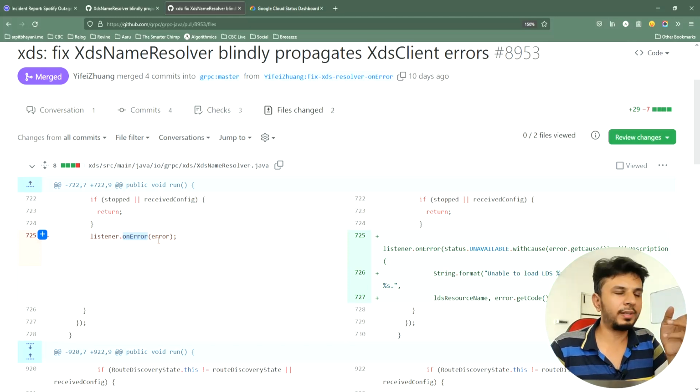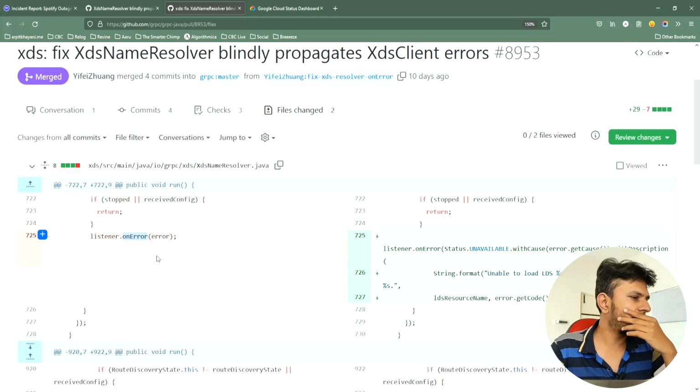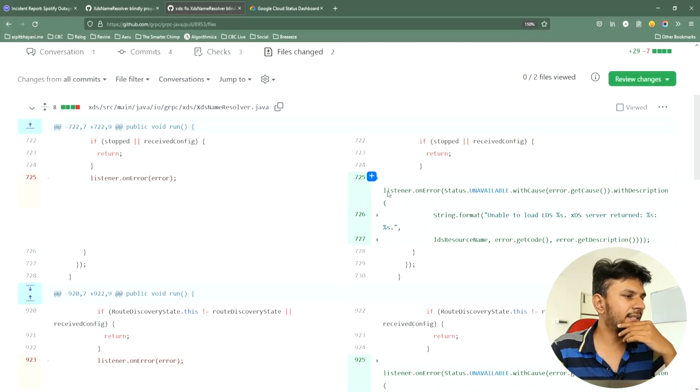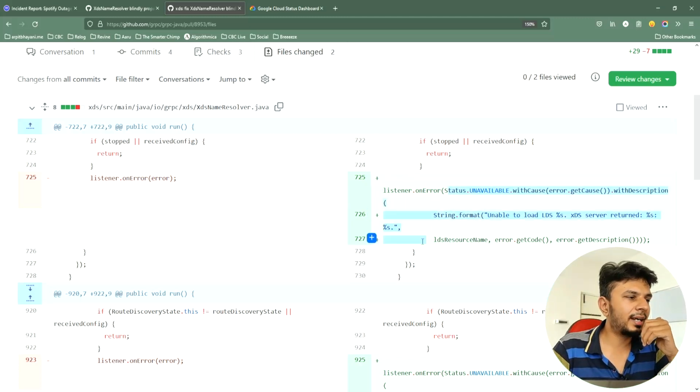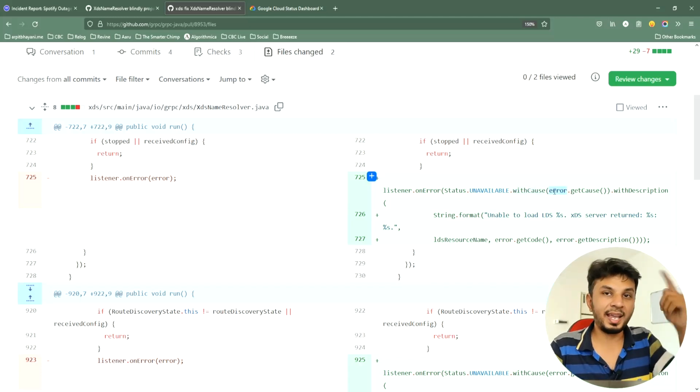So as part of the fix in the library, instead of just passing the error verbatim, they added the context. Now what did they add? Instead of passing just the error, they created an error object of type unavailable with the cause as error.getCause.